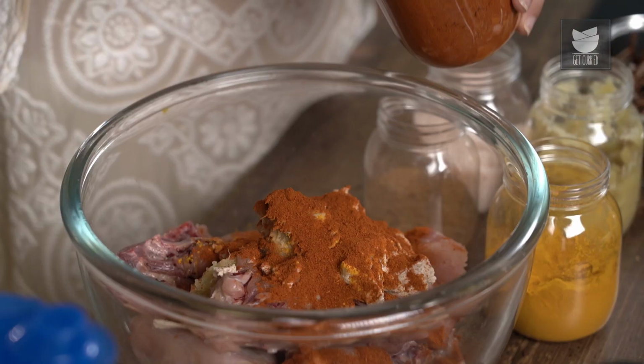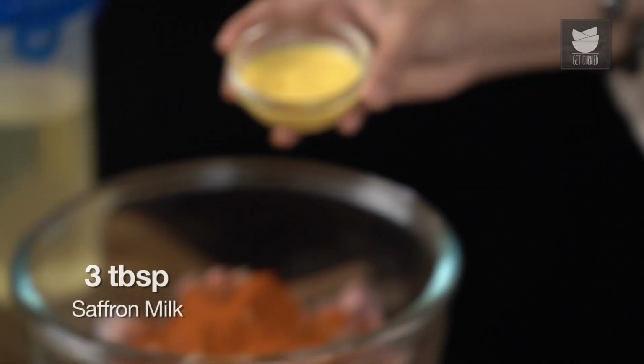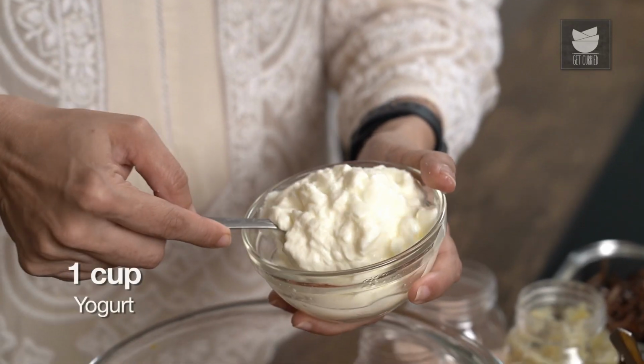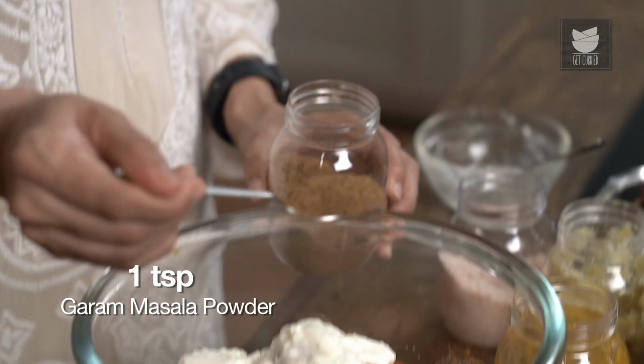If you don't have this, you can use your regular chili powder as well, and you can add it according to the spiciness that you want in the curry. Here I have 3 tablespoons of saffron infused milk. Let's add this to the chicken. 1 cup of yogurt, a teaspoon of Garam masala powder,